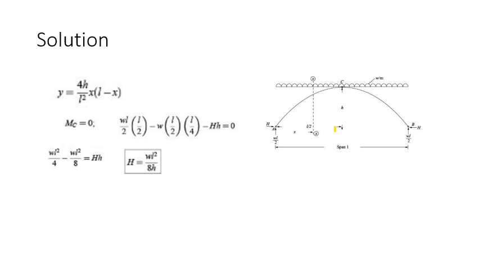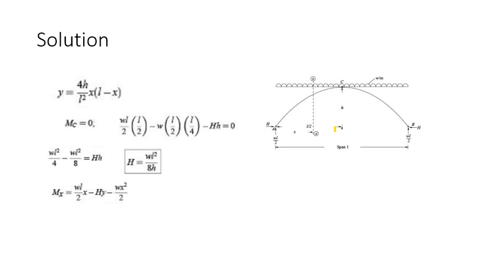Okay. So now find the moment about the section at a distance x from the left end. So what would be the moment? The moment of the vertical force, that is the reaction, WL by 2 into x. The moment of the horizontal reaction, H into y, and the moment of the UDL up to that portion only, that is for a distance of x only, we have to consider minus Wx square by 2.